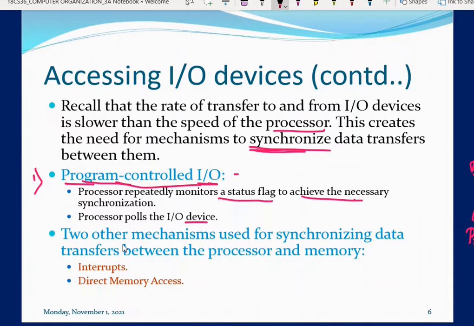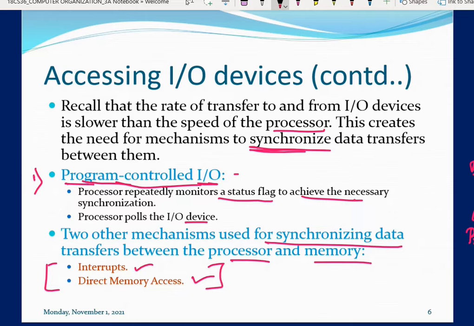Two other mechanisms are used for synchronizing data transfer between the processor and IO devices. One we call interrupt and the second method we call direct memory access. These two topics are very important from this module, interrupts and direct memory access. There will be compulsory questions on these two topics.